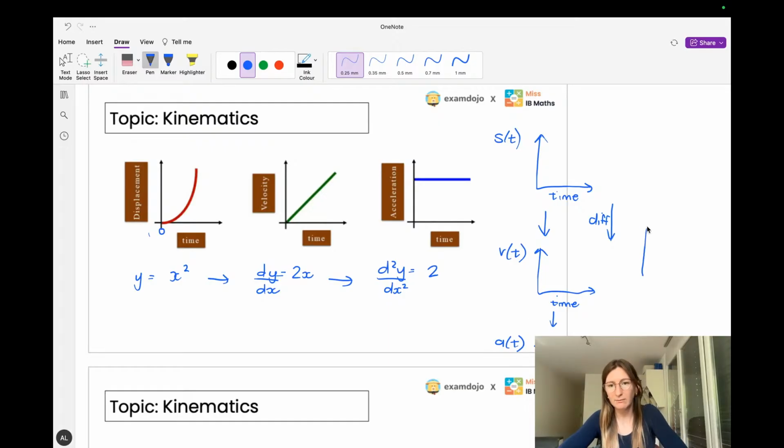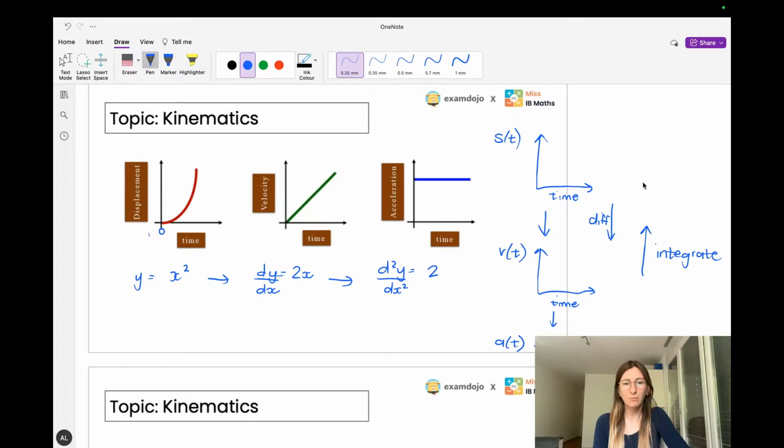But if I'm going the other way, I'm going to integrate. So this can be the best way to remember things when you are not sure: do you need to differentiate? Do you need to integrate? Well, you think, I've been given velocity and I need to find the distance or displacement. That means I need to integrate because I'm going up. But if I needed to get acceleration from velocity, I'm going to differentiate because I'm going that way. So often just drawing a little sketch like this, remembering that differentiating is going down and integrating is going up,